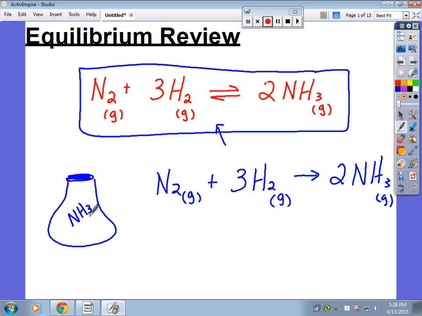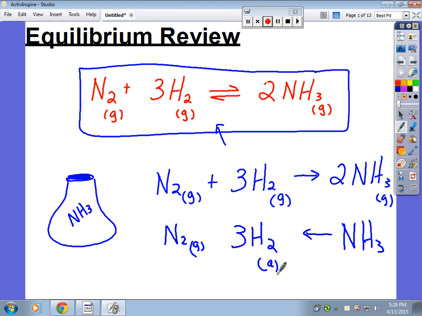And the NH3, by putting NH3 in here, it would actually break down and it would form H2 and N2 in the form of a gas. So this is called equilibrium. When you have two competing reactions, a forward reaction and a reverse reaction, and by the way, these would all be in a mixture, and they'd always be in this relationship. They'd always have 3 moles of H2 hydrogen gas, to 1 mole of nitrogen, to 2 moles of ammonia. And so instead of writing two separate equations like this, we put a double arrow, and it's called